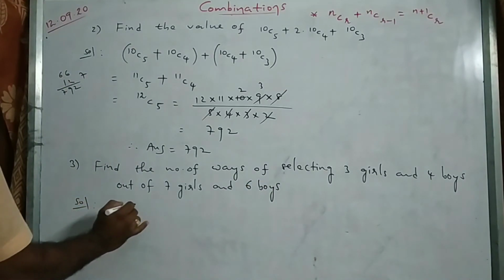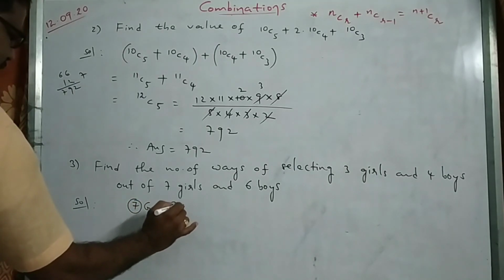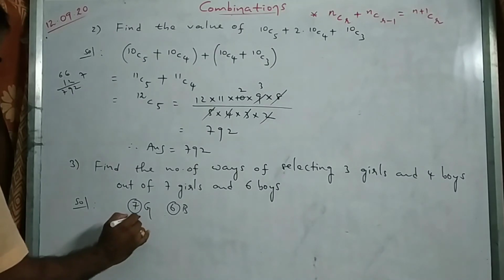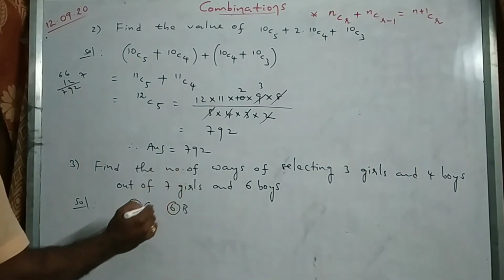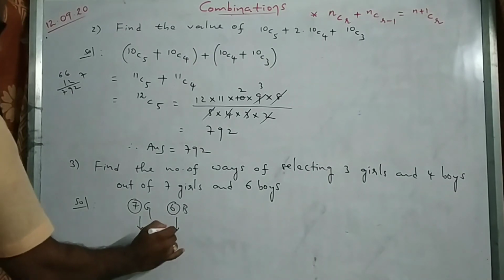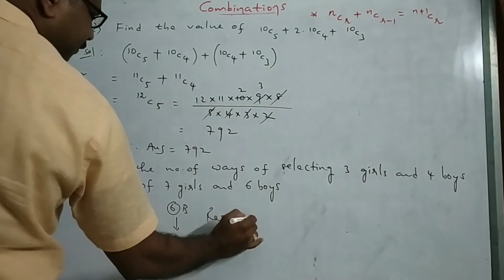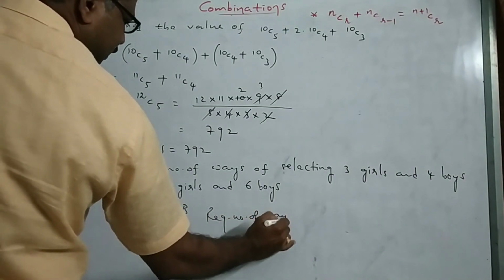So we have total 7 girls here, 7 girls and 6 boys. Okay, from 7 girls I want to select only 3 girls. From 6 boys I want to select 4 boys. Required number of ways is equal to